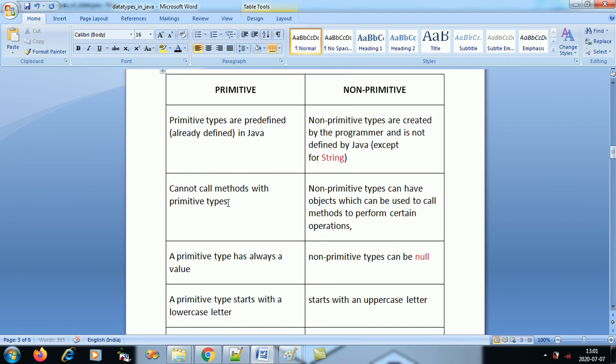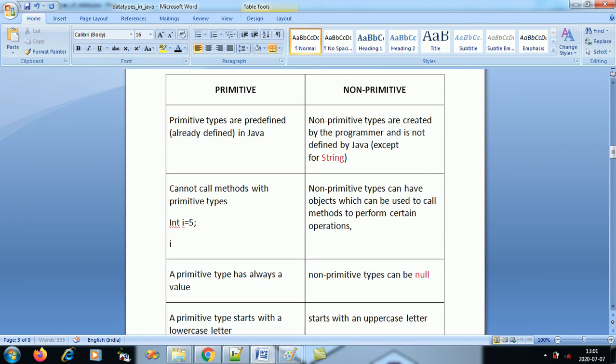Then, you cannot call any methods with a primitive. So if I have int i equals, let's say, 5, I cannot call any methods with a primitive, but I can call methods with an object.